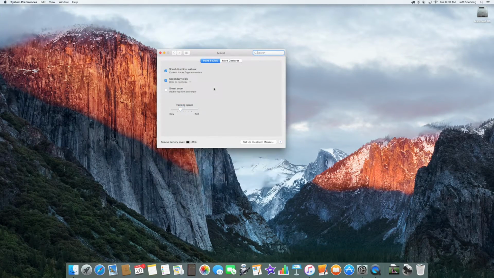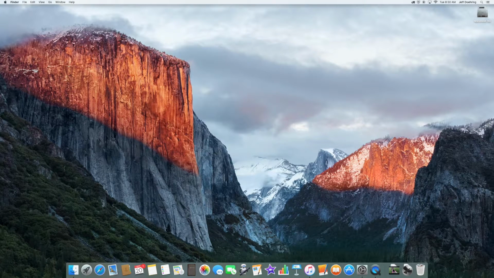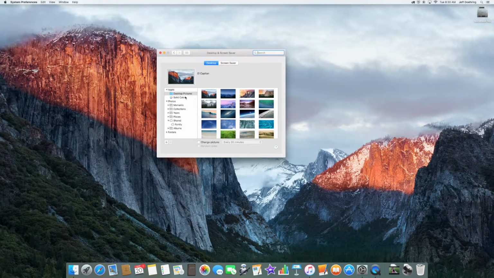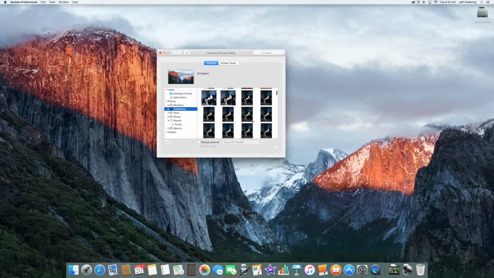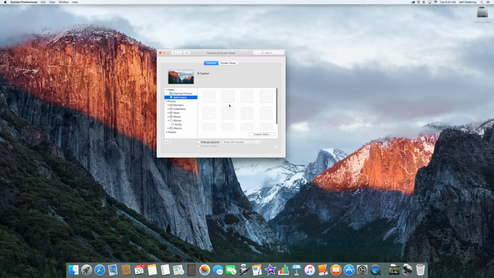And if your mouse supports this, you're going to see an area called Secondary Click. And go ahead and click on that secondary click there. And you can close that out. And then you can right click on the desktop and you can change desktop background. And in here, if you're connected to your iCloud, you'll actually see everything you have in here, and you can just choose a picture, or you can choose a solid color,